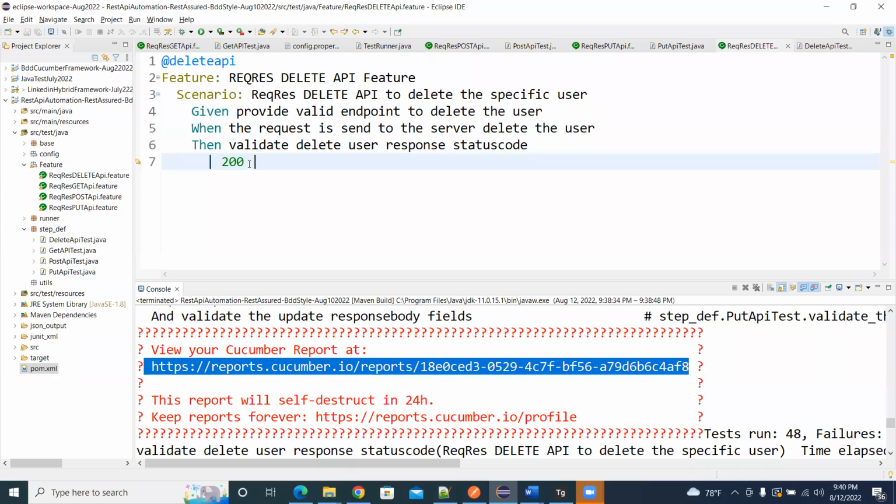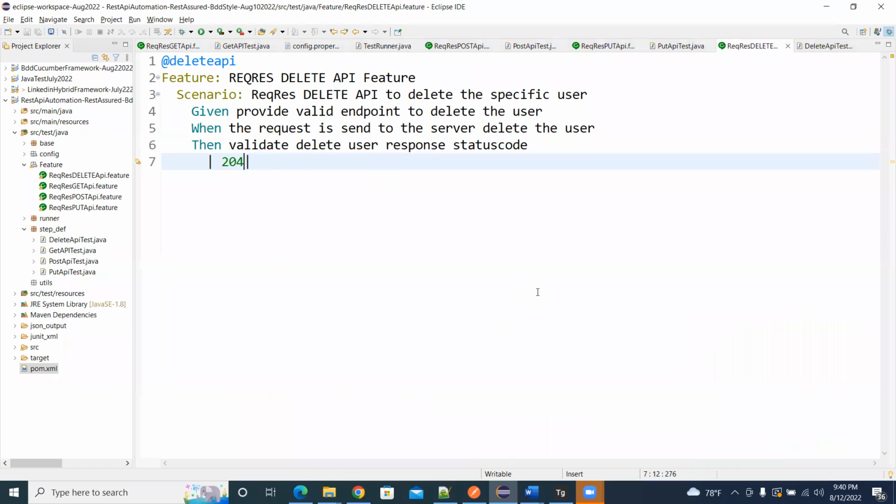But I'll correct this to 204 properly. So this is how you can validate. So all the things, that's the delete method also done. The last one I'll cover